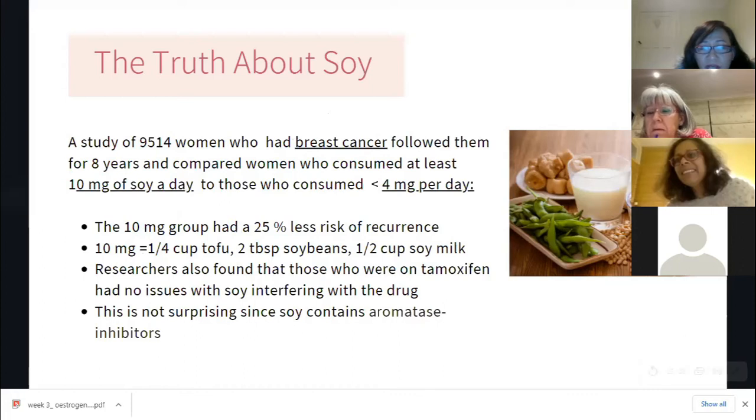So I do advocate soy, high quality, organic, non-GMO soy, particularly if you've got estrogen problems, and even better if you've got no thyroid problems. But if you do have a severe thyroid problem, all you've got to do is take more iodine, right? So whenever you consume a goitrogen, if you're concerned about consuming a goitrogenic food,